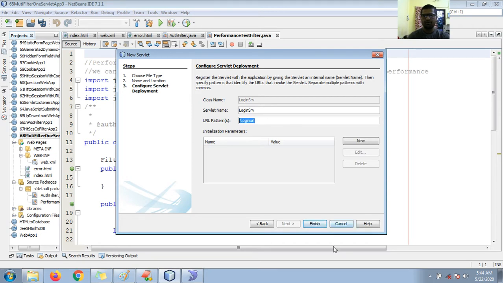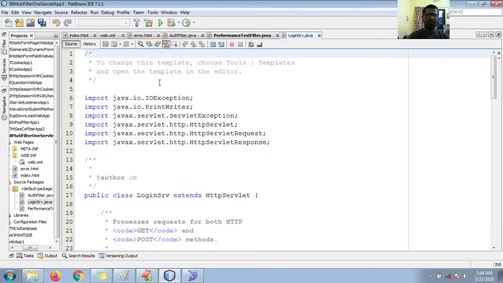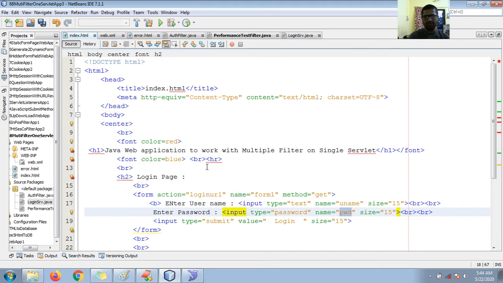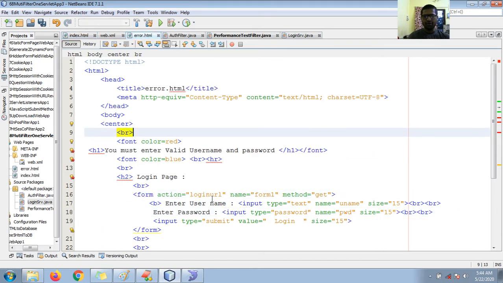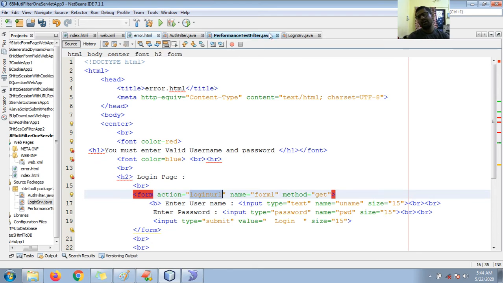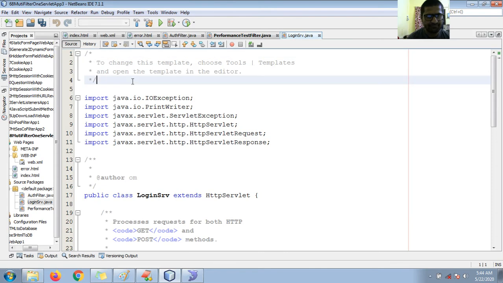Okay, so hit the finish, because we have configured login URL to index.html here, as well as we have configured login URL to error.html. So LoginSrv,